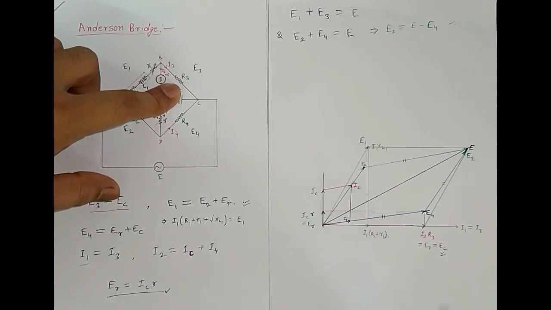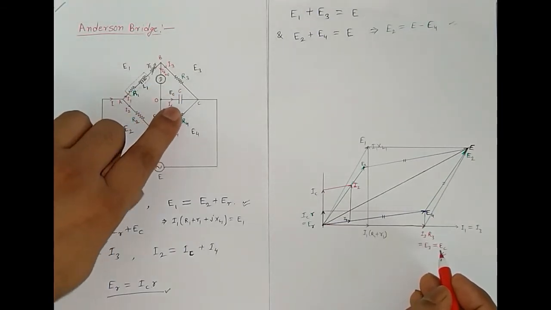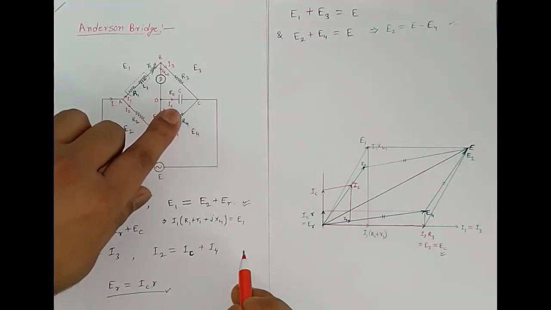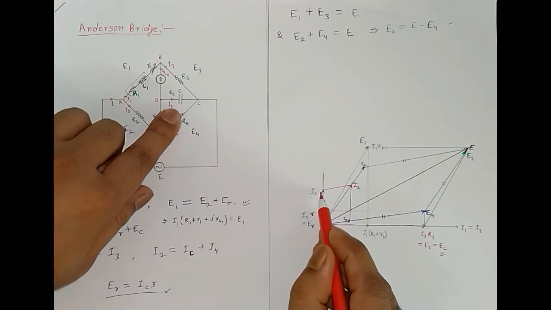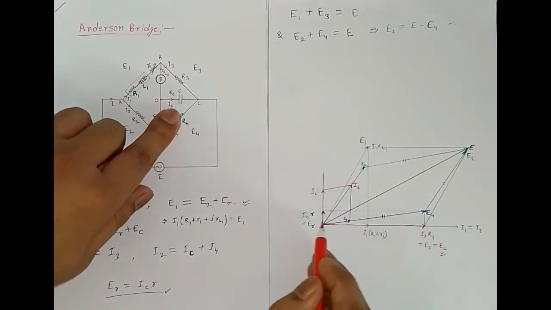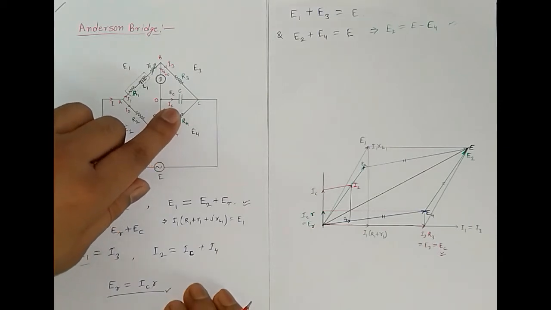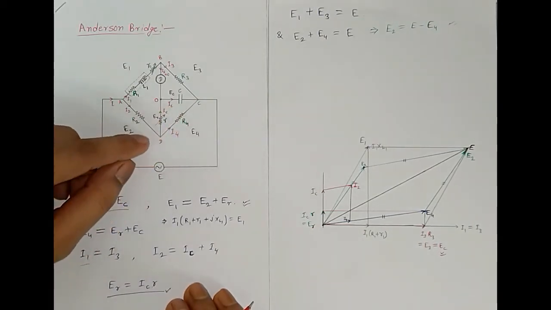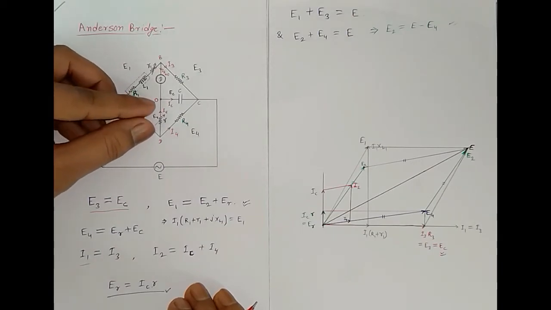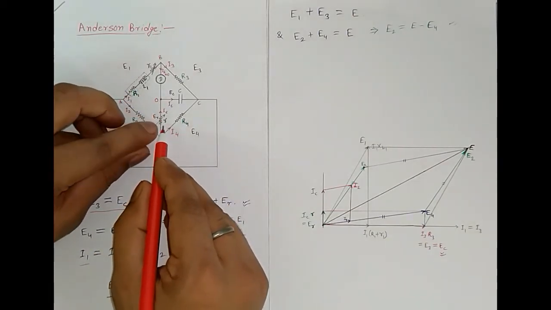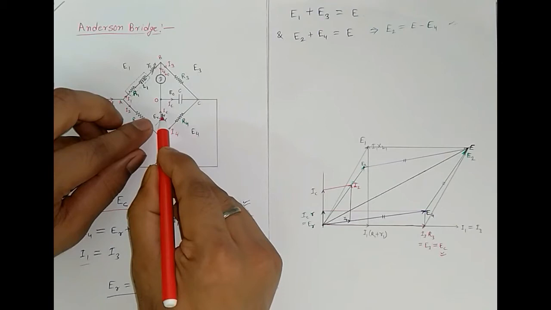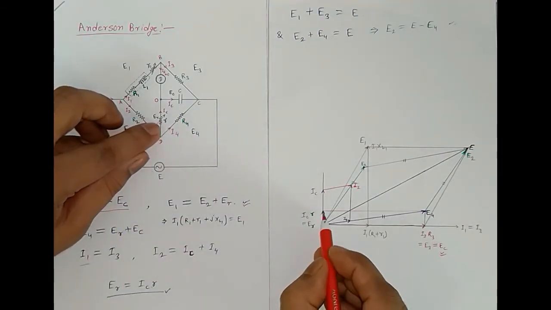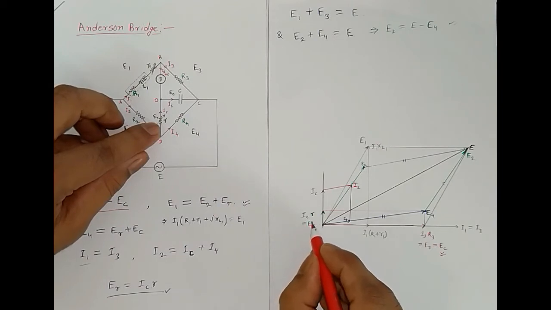Now if we know the direction of EC, then obviously the current flowing through this capacitor, that means IC, will be in the positive y direction, because this is a capacitor. Current leads with respect to voltage, so the direction of current is 90 degrees upward to this line. Now if we know the direction of IC, we can draw the potential drop across this resistance, because the direction of current and the potential drop across this resistance will be in the same direction, as this is a purely resistive path. So IC into R will be on the same line, and that is equal to ER.